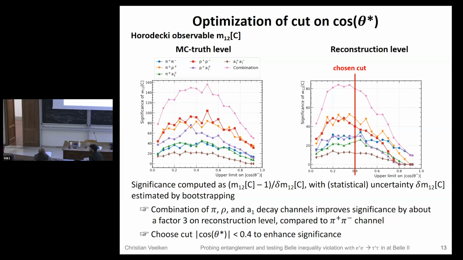Unless there's some showstopper that will show up in one or two months of work, it's kind of clear that this will lead to an observation. And if you look at this as someone from CMS, to collect 200 million tau pairs in a region where you are close to rest, you don't have these huge Lorentz boosts, and you don't have the problem that the particles are highly collimated, with small angular uncertainties that in the rest frame translate into huge uncertainties. This looks like an ideal environment. You are almost background free, and your kinematics is over-constrained. It looks really, really promising in my mind.